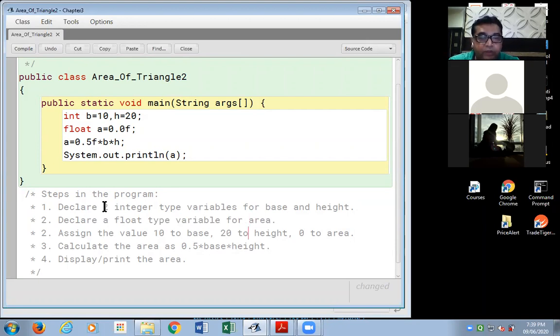Assign the value 10 to base, 20 to height, and 0.0f to area. Calculate the area as 0.5f into base into height and then print the area.